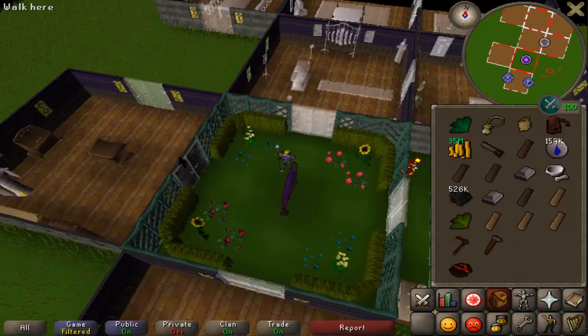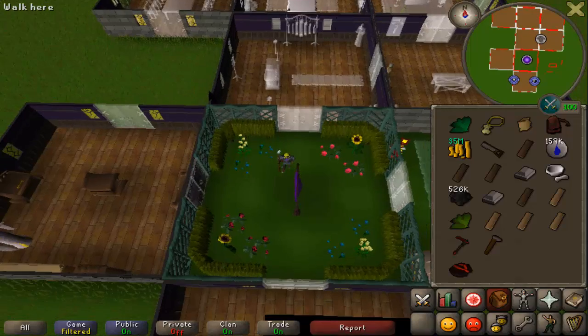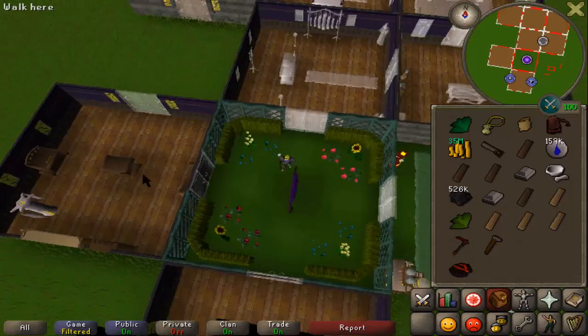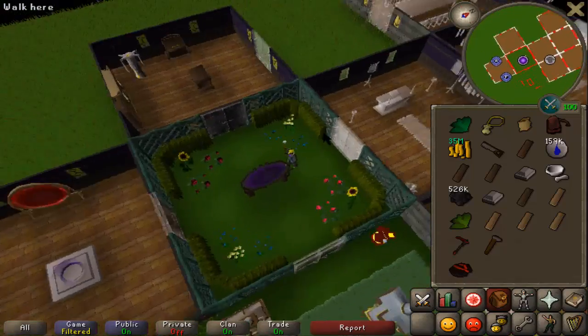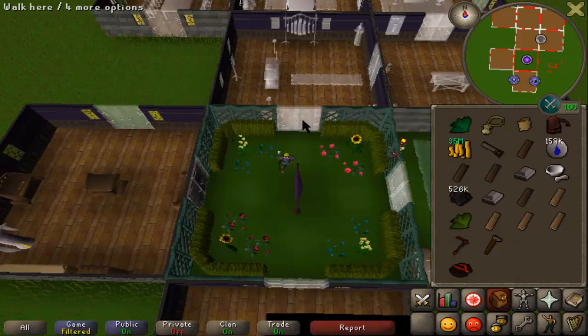I am going to be modifying my POH a bit because I did have my portal up there for a little while, and now I can just have it here and keep my nice formal garden that I made a while ago. But basically, with the chapel, there are a few different ways you could have had it arranged. I used to have it so that the rug was going directly up this way and it was leading to the chapel, which looks a little bit nicer, like better arranged, but it is actually a bit slower for prayer